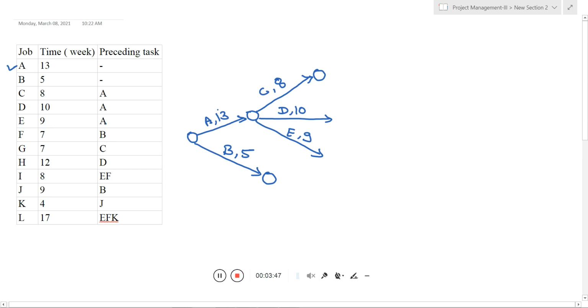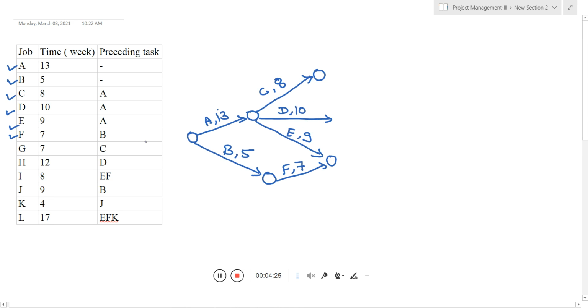Now the next thing, activity F. For activity F, B is the preceding relationship. And try to make E and F end at one particular node, so there we can start the activity I. So here we completed A, B, C, D, E, and F also, and we bring this into one particular node, so we can easily make the activity I. Activity F, with respect to time, is 7.